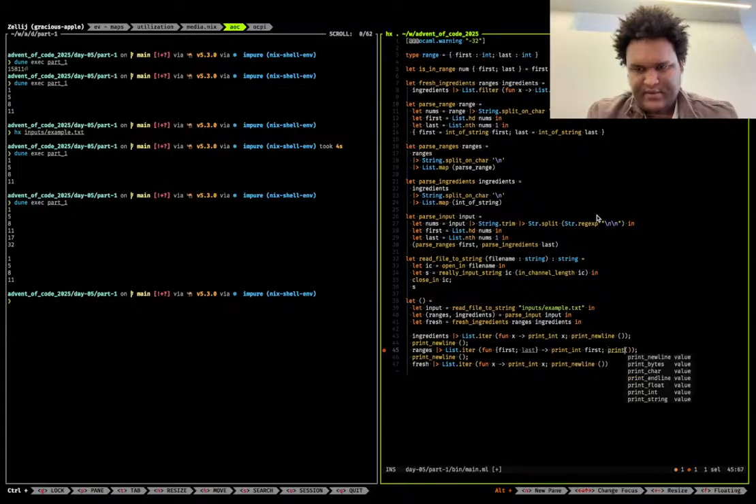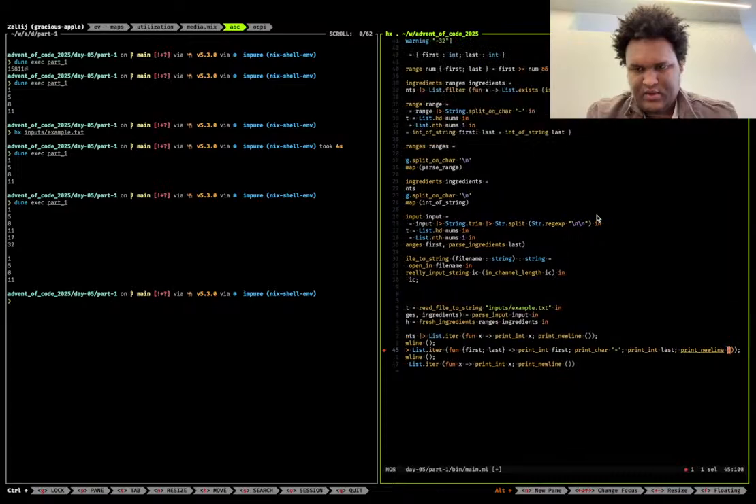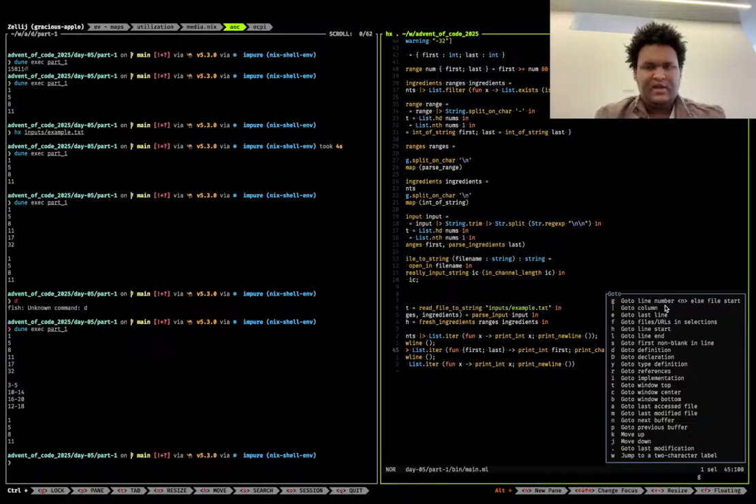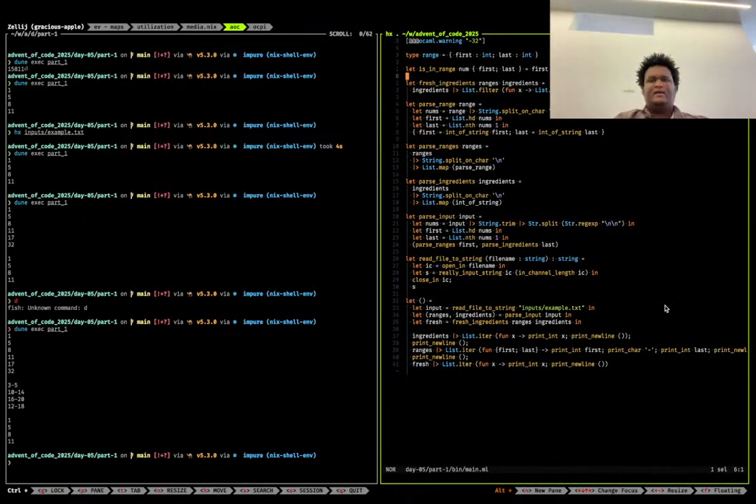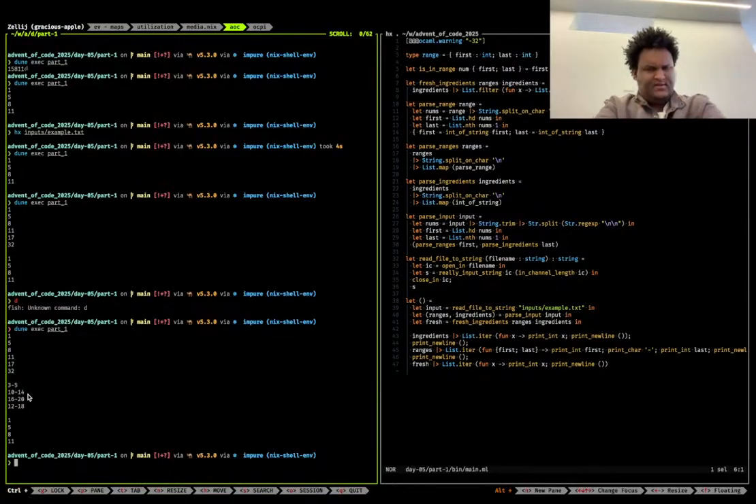print char dash, and then print int again, and then last, and then print new line. Don't exact. What? So why would that be failing? We're correctly getting the full list of ingredients. That's correct. We're correctly getting the full list of ranges, and then our is in range function is wrong, or